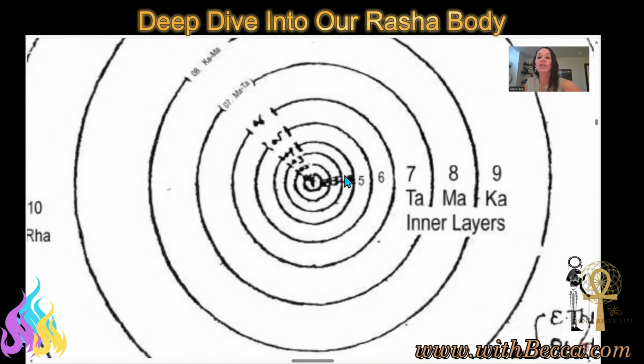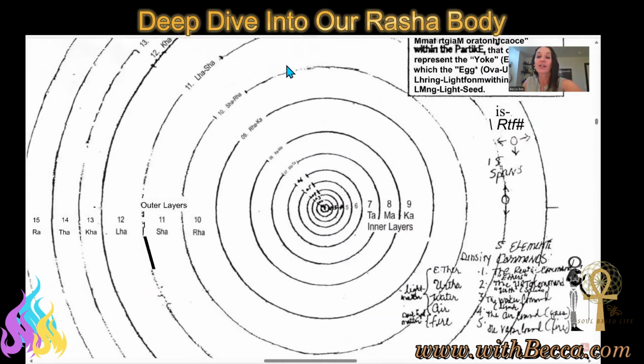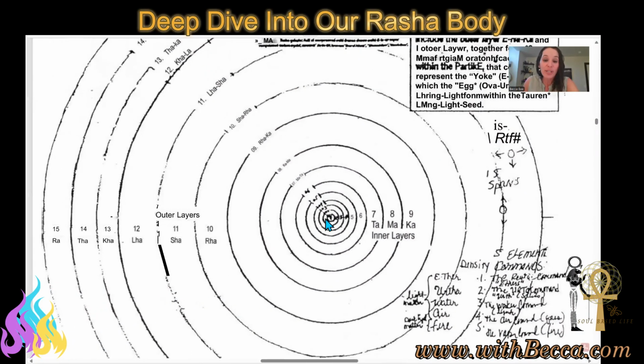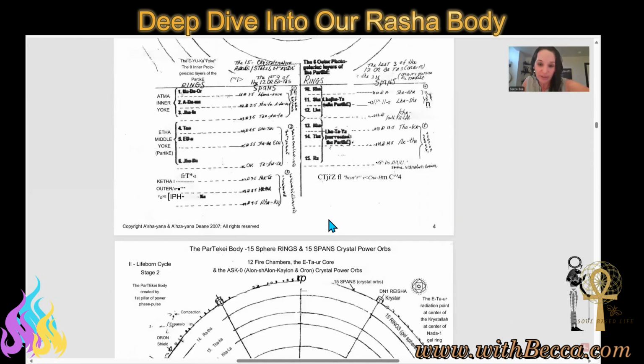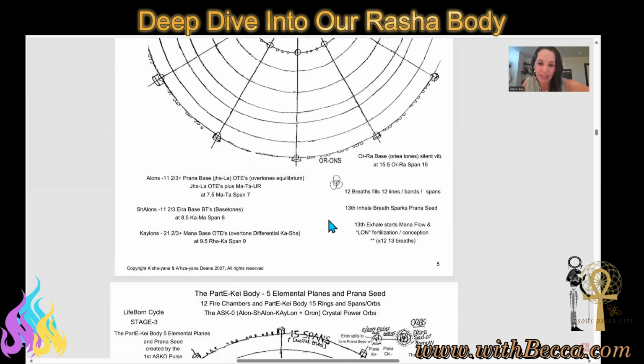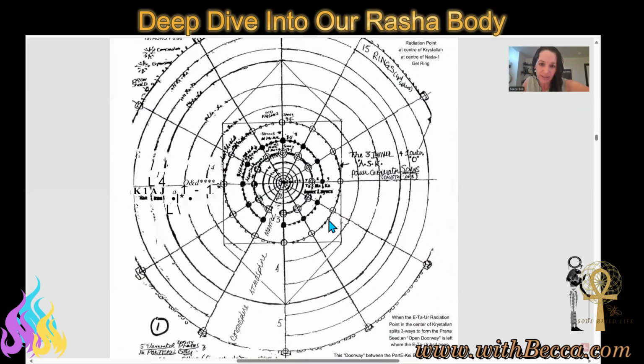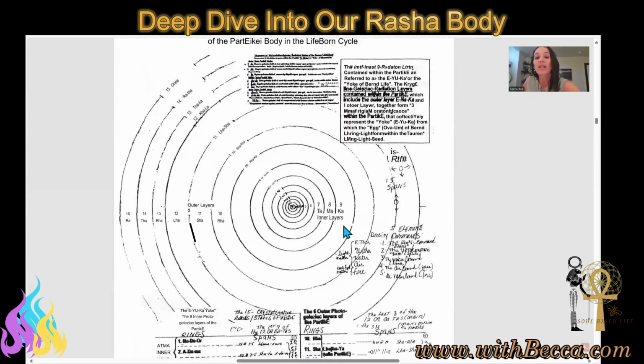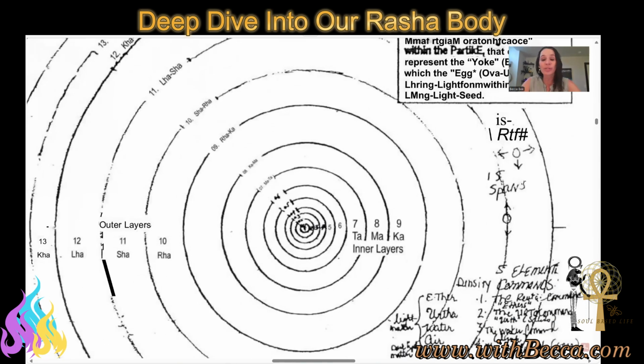So as we go into the inner layers, here we start to get the cosmic sound tones. But as you get into this, this is also going to be referred to, see if I can find it on here, I might not find it, so I'm just going to say what it is: basically the crystalline core of the earth. The earth's crystalline core is going to hold the highest level of this Rasha body in one of its layers. Well, that means our atoms in our body are also going to hold that core spark. That starfire spark is where we find that core layer, that we actually have all the different layers of the Rasha body within us.